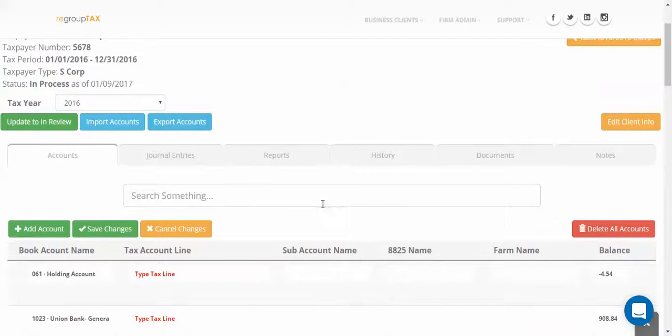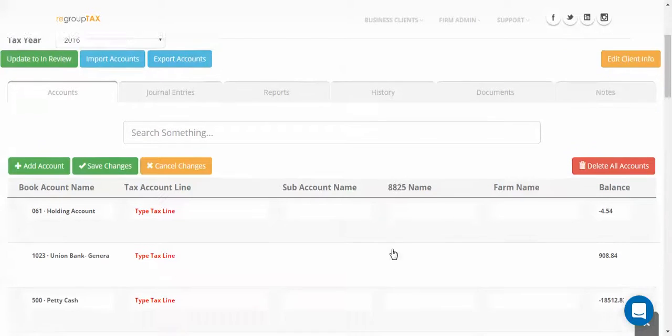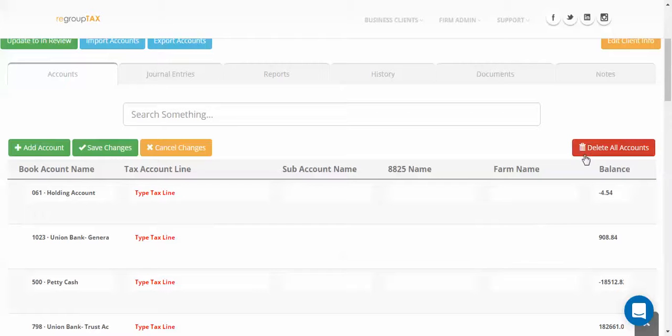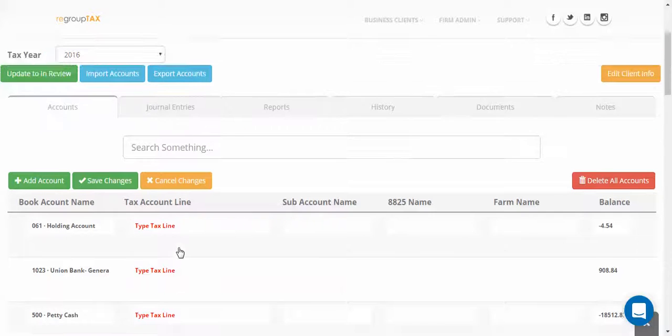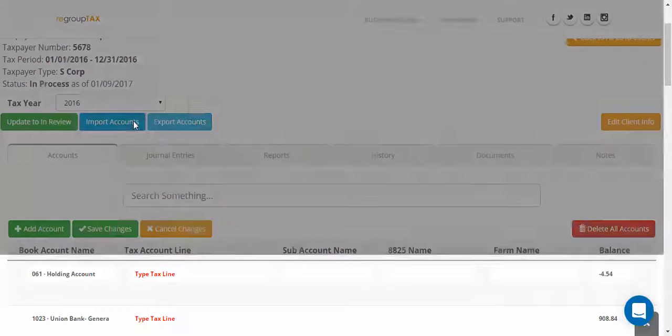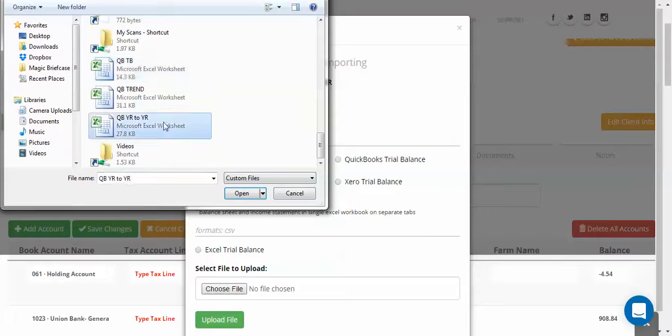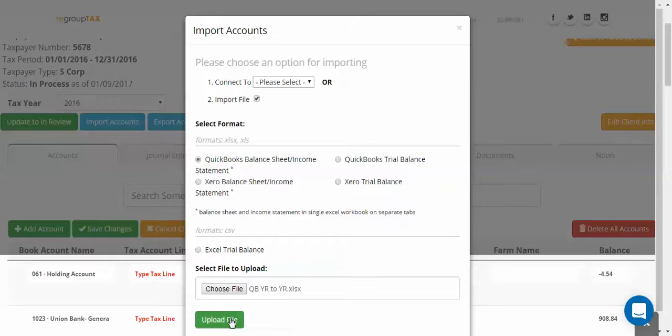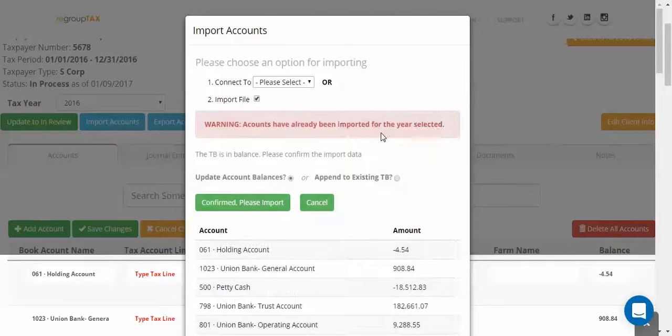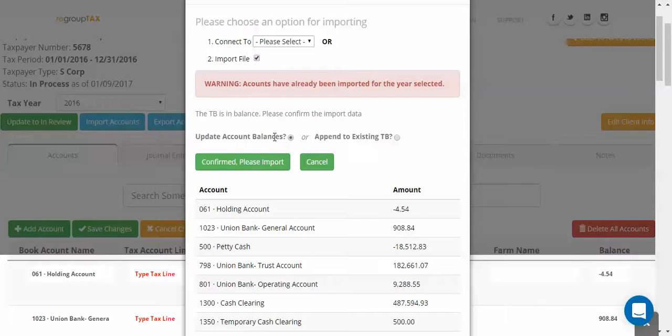So another thing to notice is if you do get updated financials from your client and you have not begun the mapping process, you can go ahead and delete all of the accounts and start the import process over. Or if you have mapped all of them, but you just want to update the values because the financials have been updated, you'll go through this process again, choose the file, the new financials, upload, and then the system's going to warn us that we've already imported for the year, but we will say we want to update the account